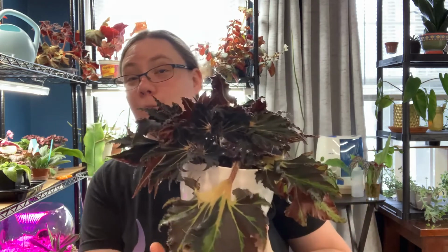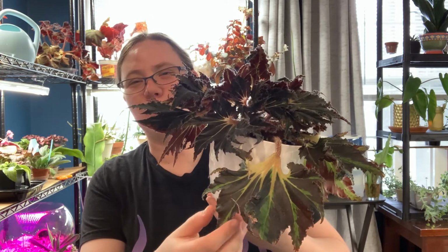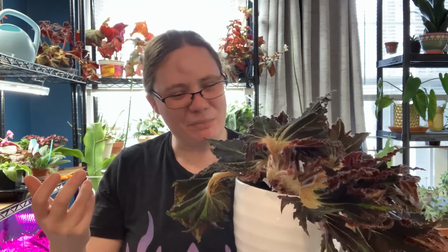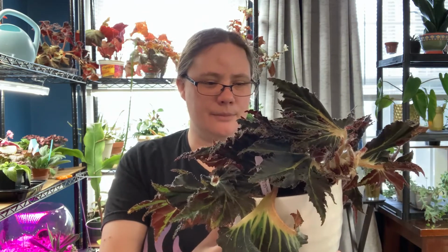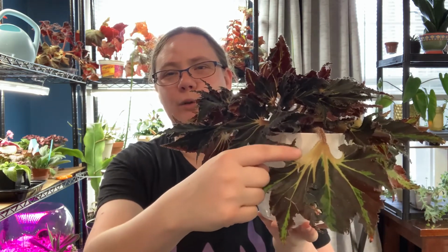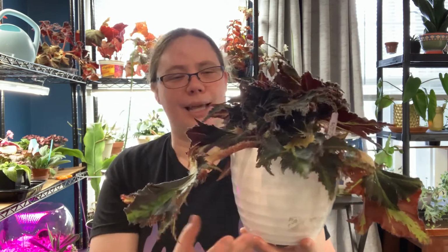But as I said, I really like interestingly shaped leaves. These leaves are so stiff that whenever I move it, I end up damaging it a little. This leaf here actually damaged itself while it was coming out. I didn't even touch that. It's just the leaves are so stiff that they kind of get caught. But I almost feel like it adds to the charm because these leaves are just so unique shaped in the first place. I just love the color. I love the color. I love the shape. I love the little swirls that they have here. I love the red and green on the back sides of them, and